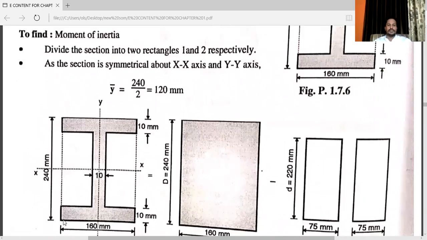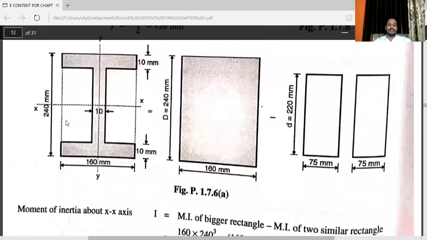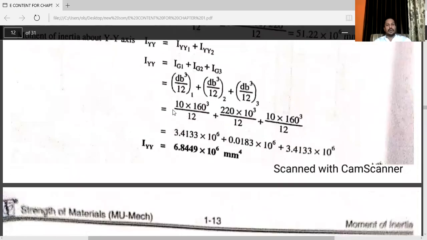this one is the first rectangle, that is 160 by 10. This one is the second rectangle, and this one will be the third rectangle. Now we have all the dimensions. So accordingly,